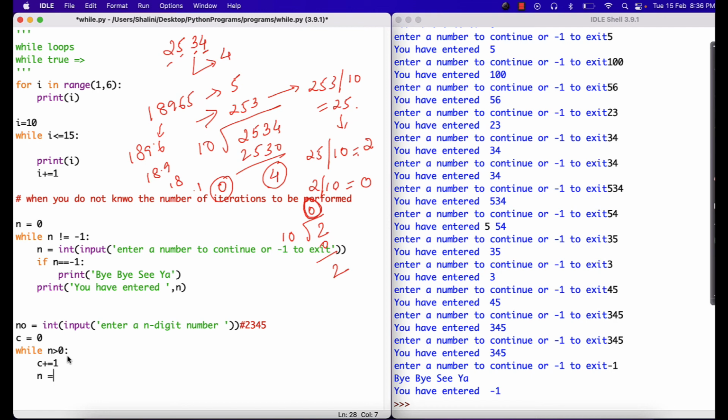Now I need to do what? n divided by 10. So this will give me what? 234. Correct? I'll again say n greater than 0, yes. Increment the count. 23, yes. Increment the count. 2, yes. Increment the count. 0, stop. So then if I say print c,